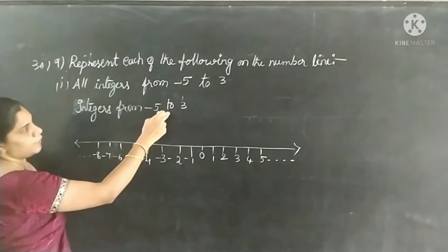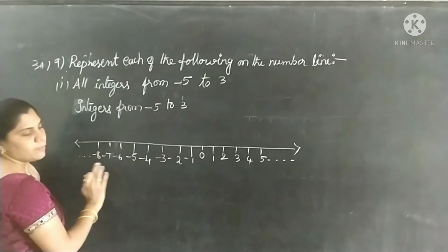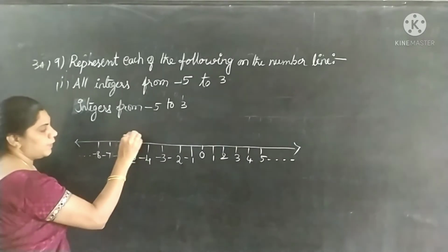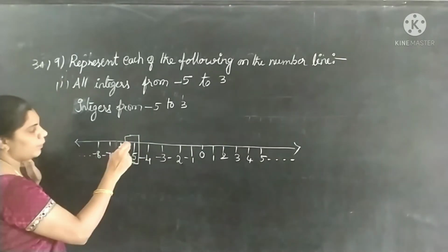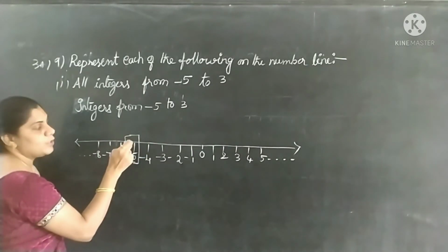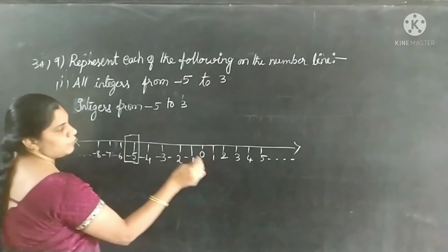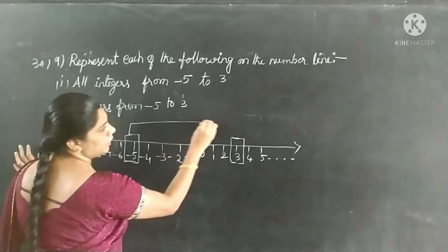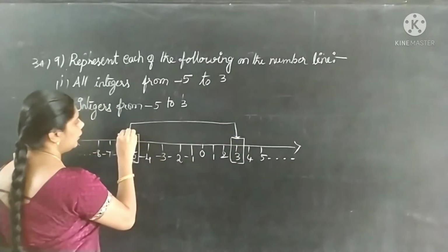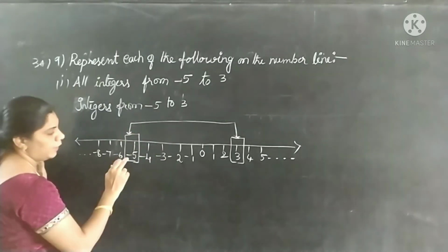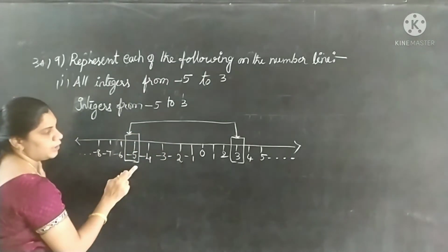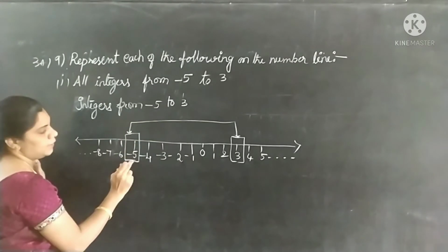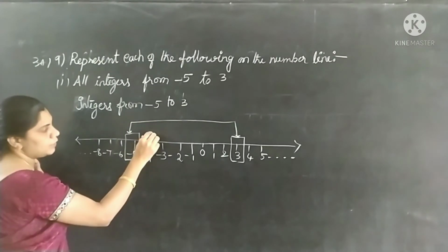Okay, -5 to 3. First draw the number line and locate your numbers. -5 is here. From -5 means we have to include this one also. From -5 to 3, up to here, all the numbers you have to write. All the numbers from -5 to 3 you have to locate here. This is the -5, and after this,